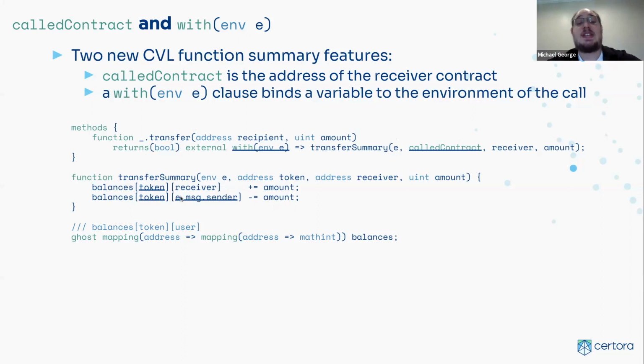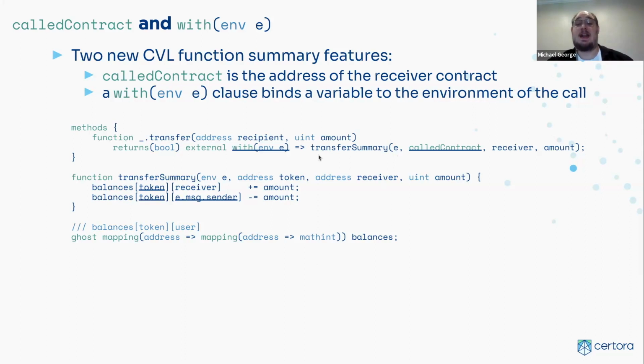Okay, so these two features give you a lot more information that you can use inside the summary, and this lets you write much more flexible summaries. So for example, one of the things we're working on is a general ERC20 spec where you don't have to have a dispatcher with a separate contract implementation that you trust to sort of treat your underlying tokens, and you don't have to make multiple copies of that if you have multiple tokens. Instead, you can just write one